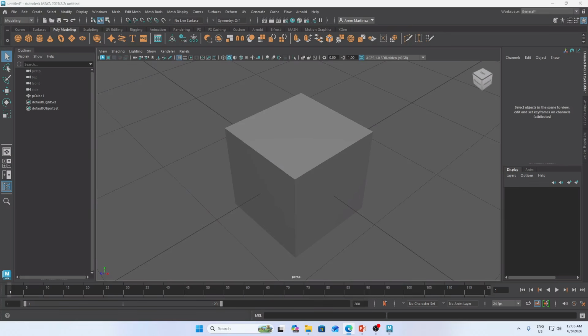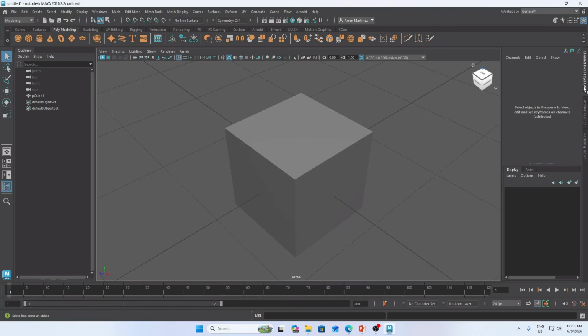Okay, so moving on, we have the right column. As you can see, we have the channel box, attribute editor, and modeling toolkit. Let's talk about the channel box. Look all the way over to the right.